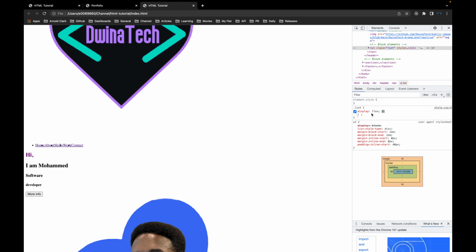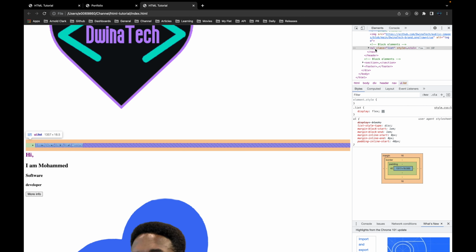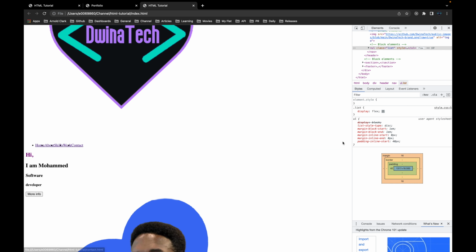That's the first part we need to do. And next part, we need to move this content to be here on the right of this in order list. If we highlight here, see the in order list taking the full width, but we need to move this content from the beginning to the end. Display flex, or on flex, basically we need to say justify